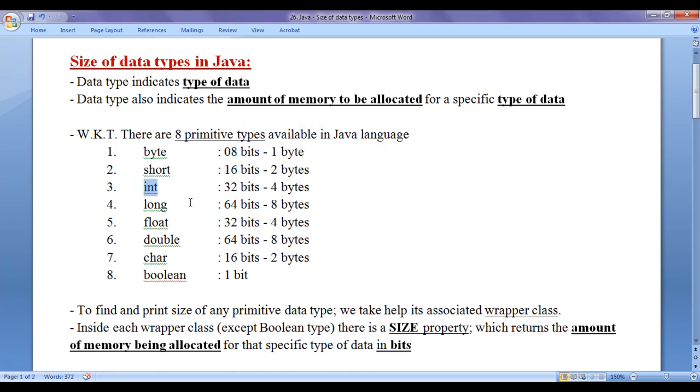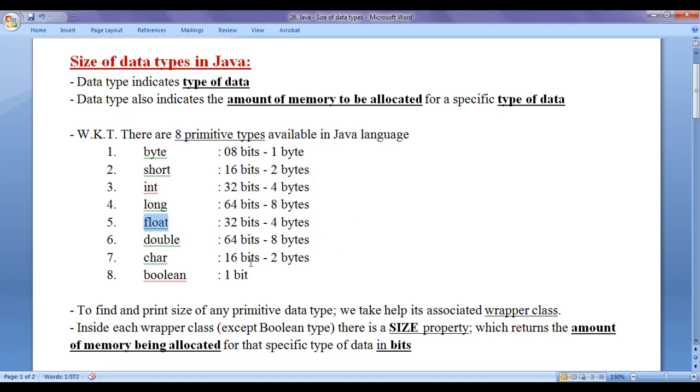For int type data, computer allocates 4 bytes, that is 32 bits. 8 into 4 is 32. For long type data, computer allocates 8 bytes, that is 64 bits. 8 into 8 is 64.